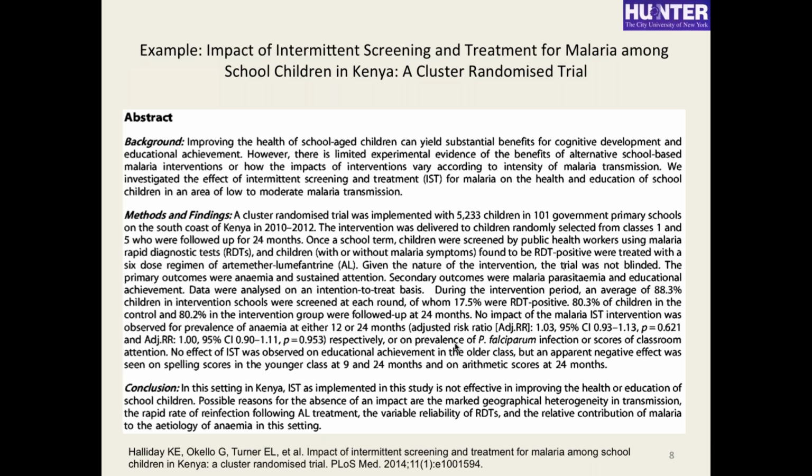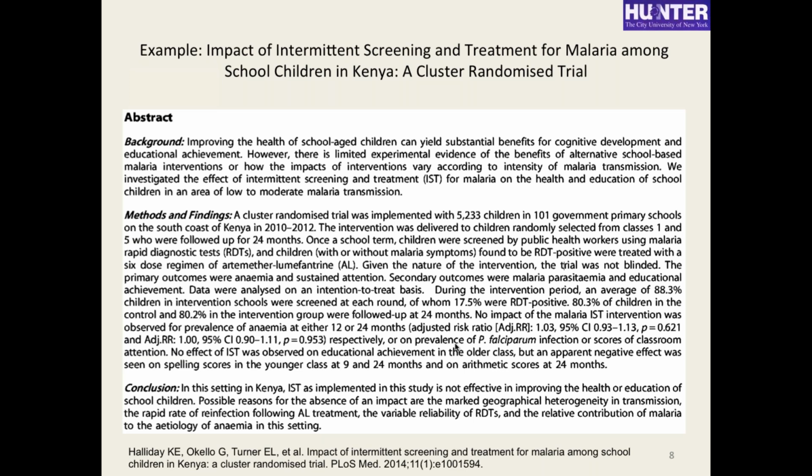Risk ratio 1.03. Risk ratio is a comparison of the rates of the children that were exposed versus the ones that were in the control group. In other words, if you have a risk ratio of 1, it means that there's no difference in the risk for the two groups of children. So 1.03 is a little bit greater risk in the observed group, right? But the confidence interval included 1,